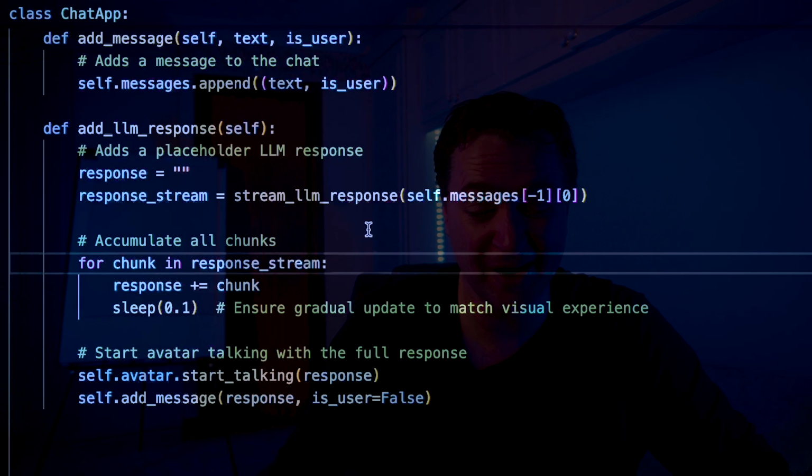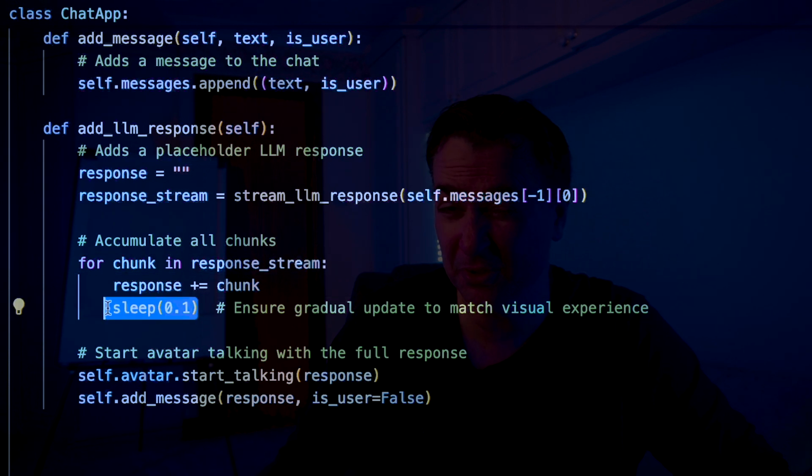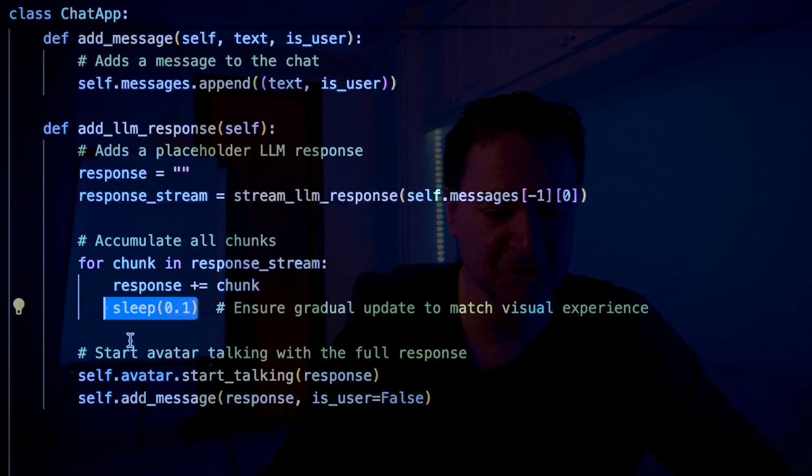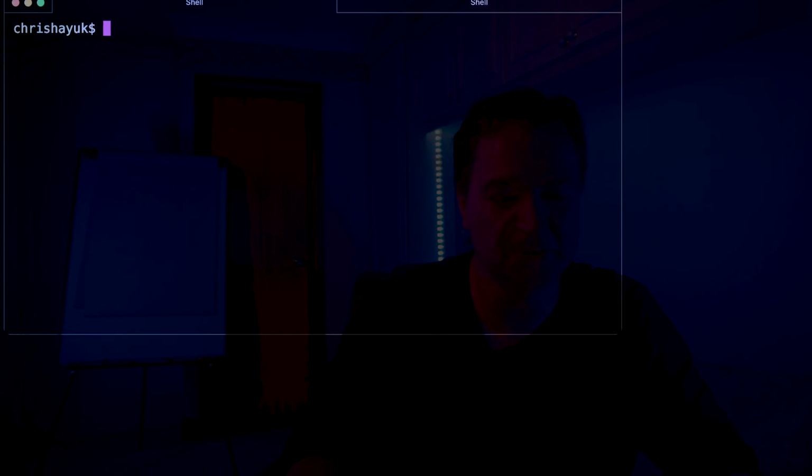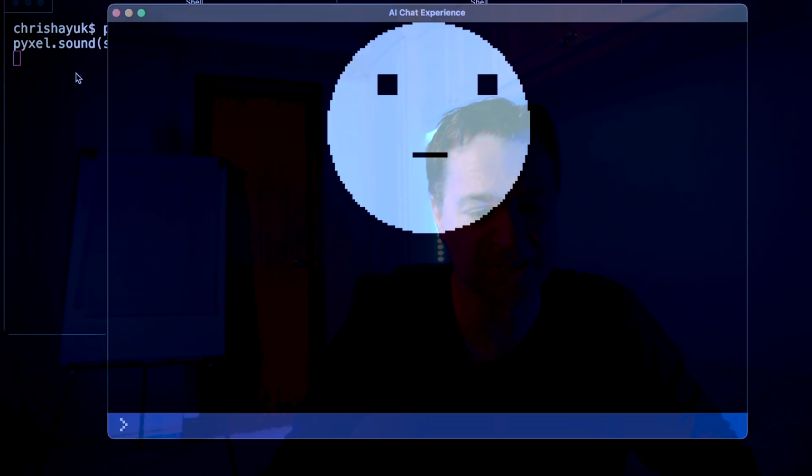All right, now that we've got everything in place and we've hooked up the avatar, I've got my chunking here. I put a little bit of a sleep in here just so that we can match the animation as we get the chunking coming through. I've added my message there, so my interface should be ready. Now if I clear my screen for a second and run simple chat one more time, we can see the magical face there. And now if we type in hello,